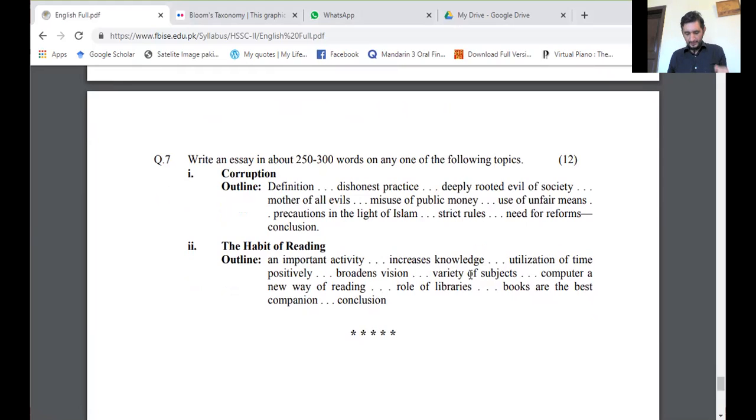So this was the introductory class, students. I hope you are now familiar with your paper pattern, and I hope that you will develop a new mindset after this year with me. I hope that you will have greatly enhanced your skills in English, not just your rote memory and facts.